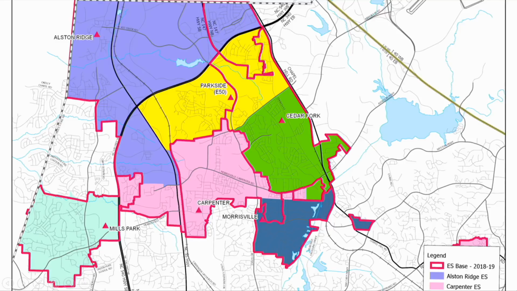So option 1, if we are looking at assigning Parkside as a traditional calendar school, we would then need to reduce this area, so the yellow would be smaller. You're looking at Cedar Fork now, students having to be reassigned to Morrisville or Northwoods. Then students from Northwoods and Morrisville needing to be assigned to Kingswood, Briarcliff, and then additional students from Briarcliff and Kingswood going to Reedy Creek, to Adams, and it keeps dominoing as you go further east. And now you're talking about more schools impacted and a much larger number of students being impacted for the sake of just opening this school on traditional calendar.